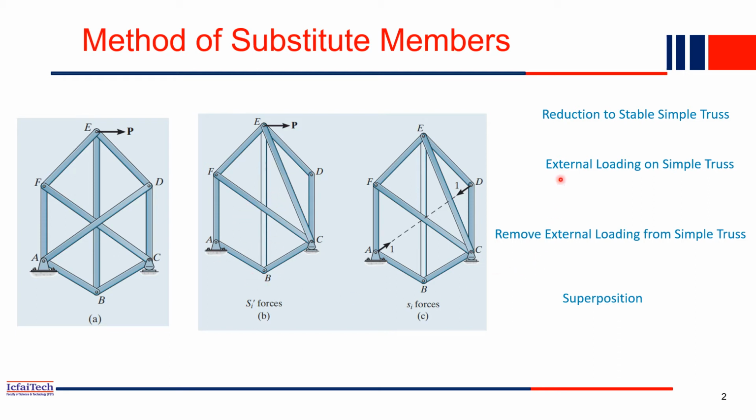Then next one is external load on a simple truss. So we compute this simple truss with external load. All the values we will calculate. Next step is remove the external load from the simple truss. We remove the external force. External force P was acting, that we removed from here, and